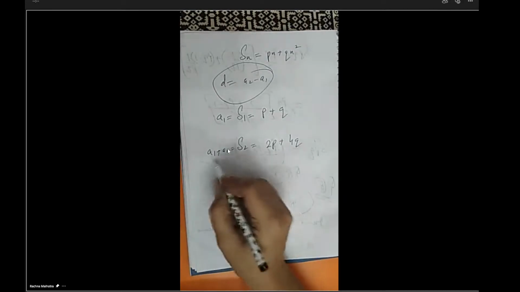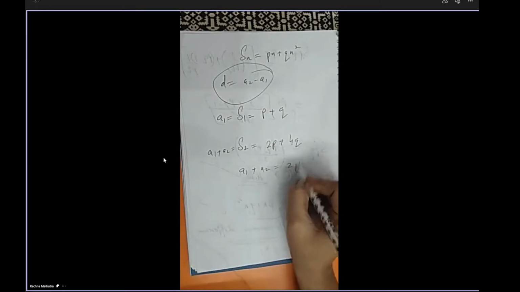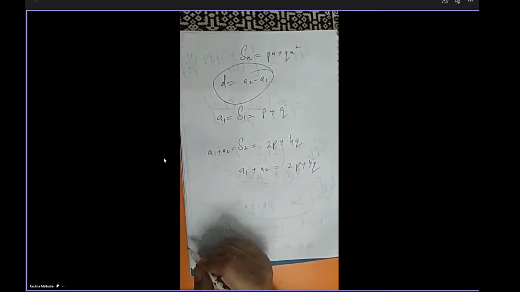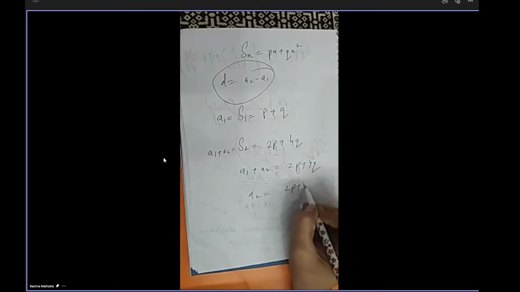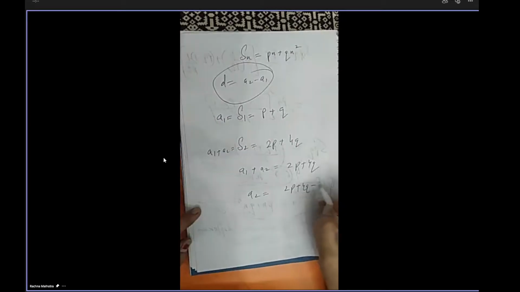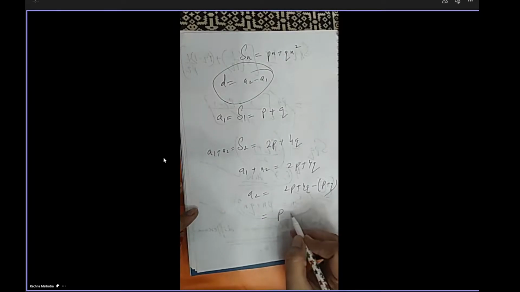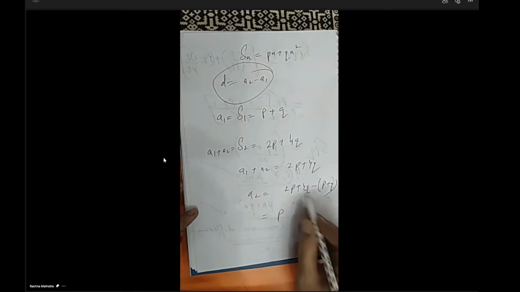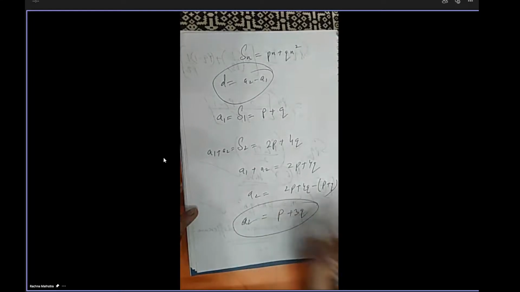A1 plus A2. This is A1 plus A2. So you can substitute A1 here. You will get A2. This method you can also use. Ma'am, A2 will also be equal to A plus D. So this is P plus 3Q. This is A2, that you were telling me. P plus 3Q.